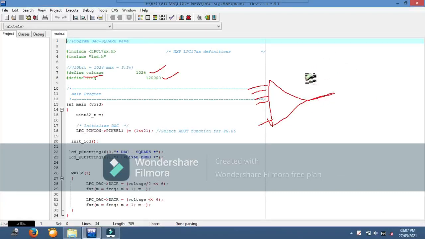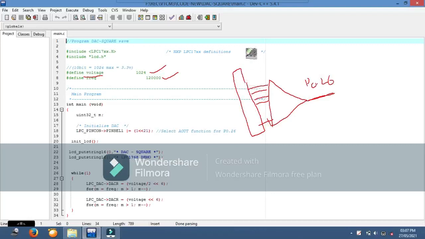The output which you are getting is at the pin P0.26. The input we are giving to the DAC register.